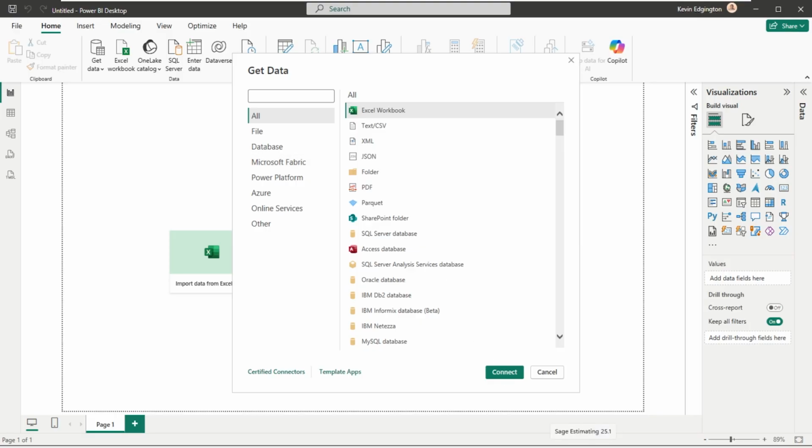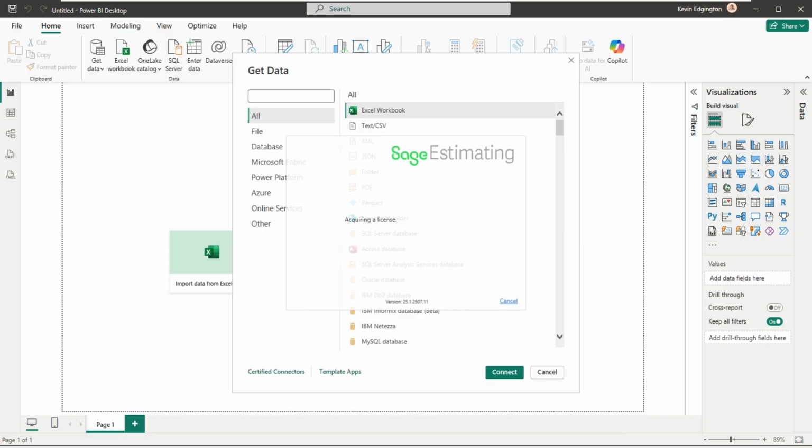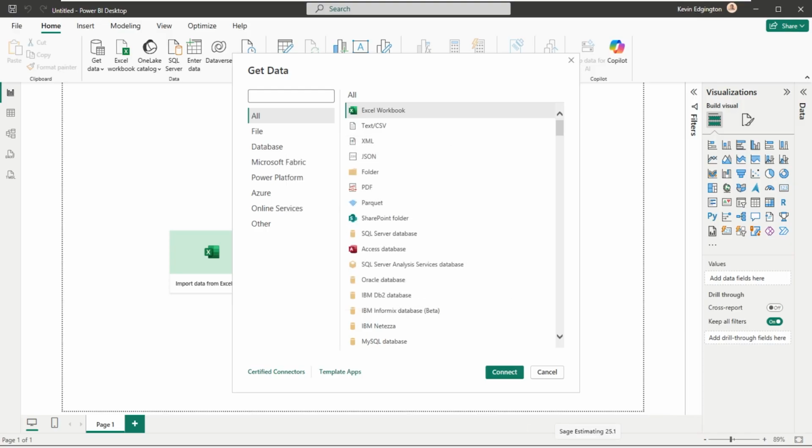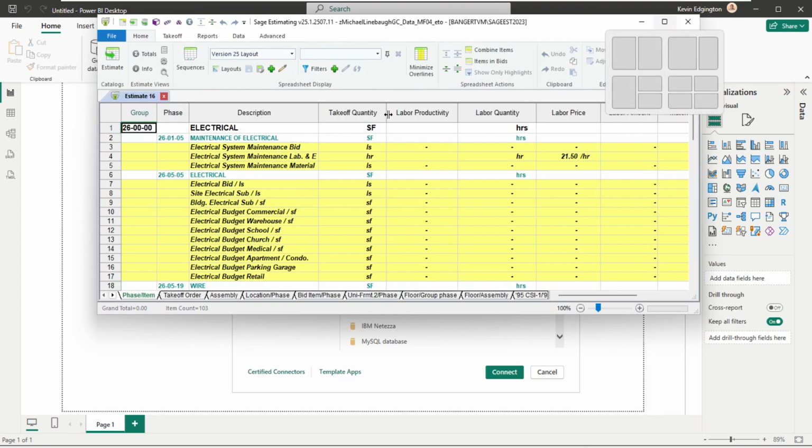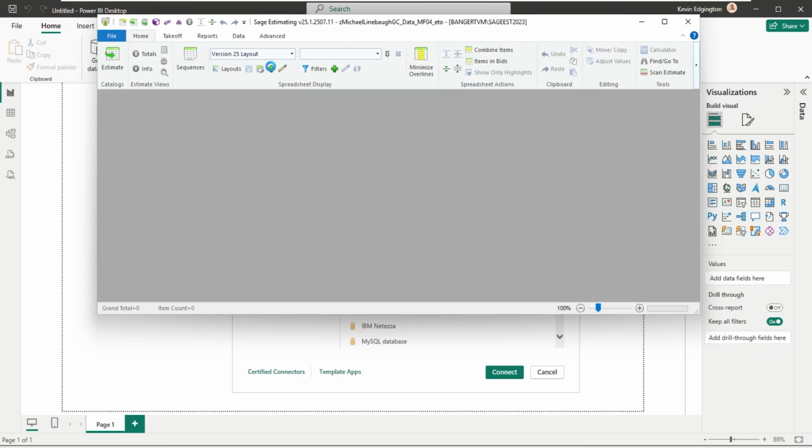So I am going to go back to my estimating. And you can get this out of estimating or the management console, either one. But I need to know the server and my SQL instance associated with estimating. So in this case here, up at the top, you'll see where it's got Bangert VM is my computer name. Sage EST 2023 is my Microsoft SQL instance name. So when I go to write a report, that information is what I'm going to need to tell these report writers to get access to the data that I'm looking for.